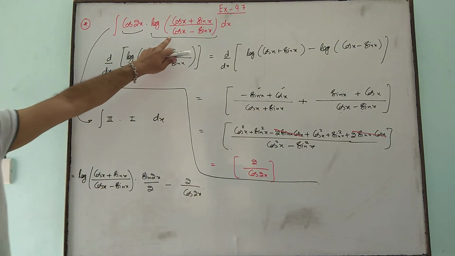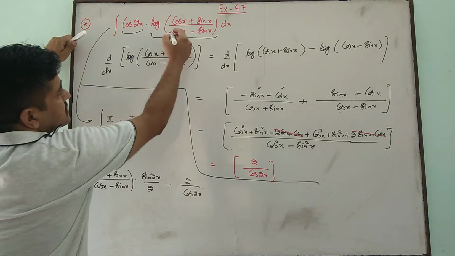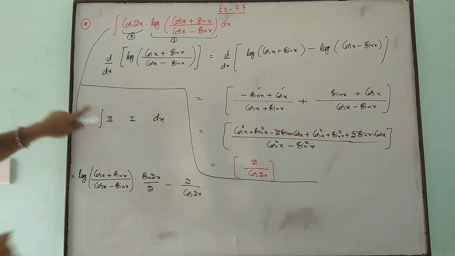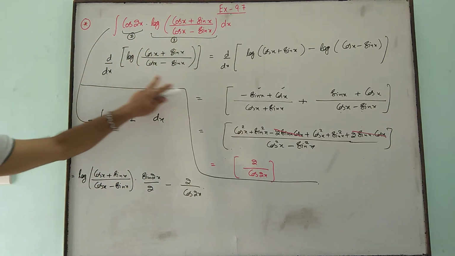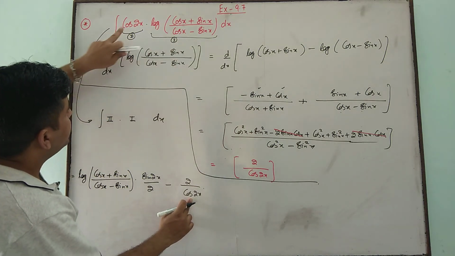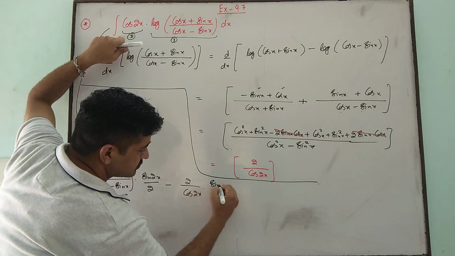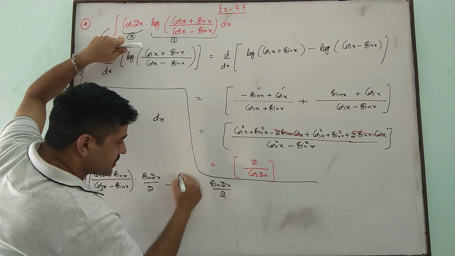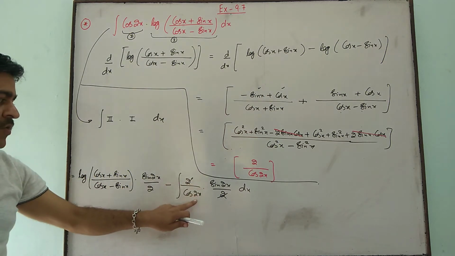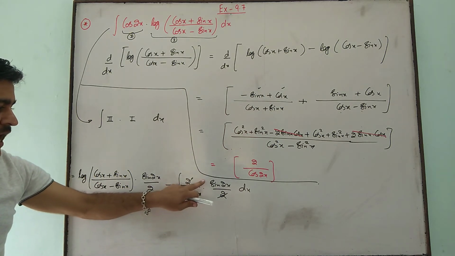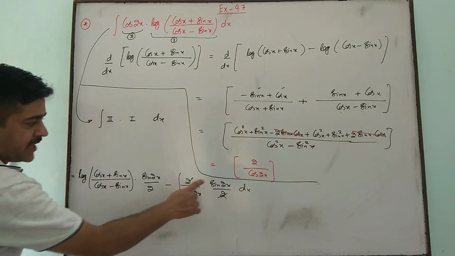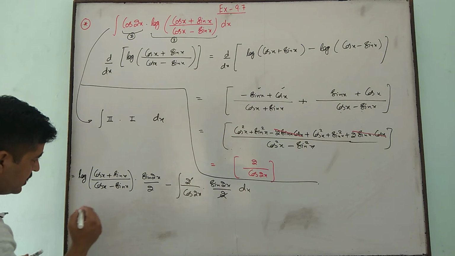Simple u into v we are applying, where we considered this as our first function and this as our second function. Simple integration. The derivative of this we found separately. So derivative of the first function, integral of the second, and its complete integration. Sin upon cos is tan; this is f dash x over fx. So the integral of tan is minus log of cos x.